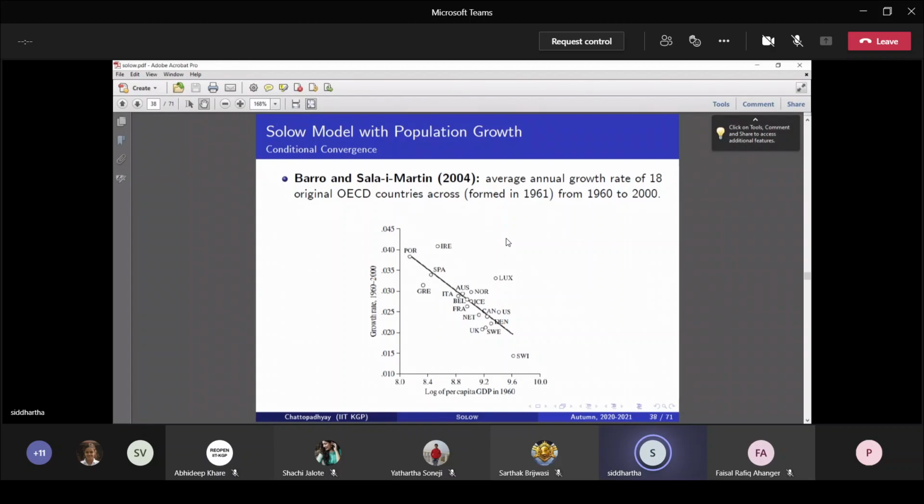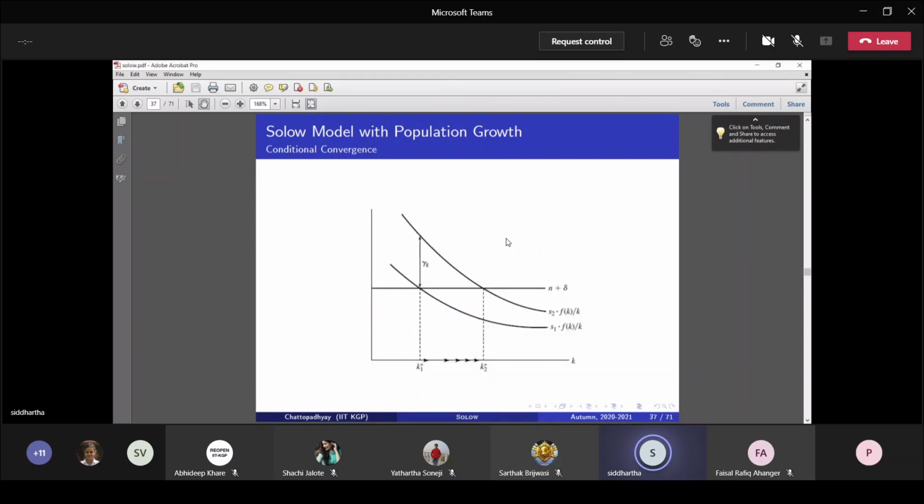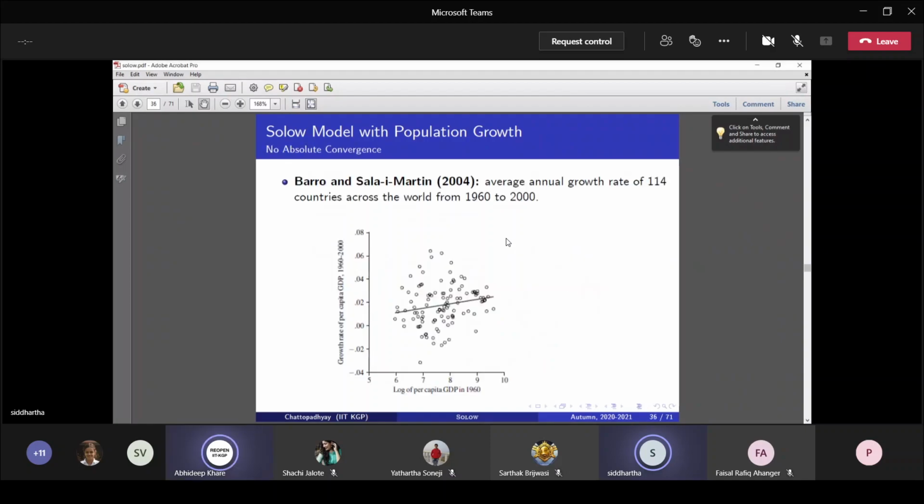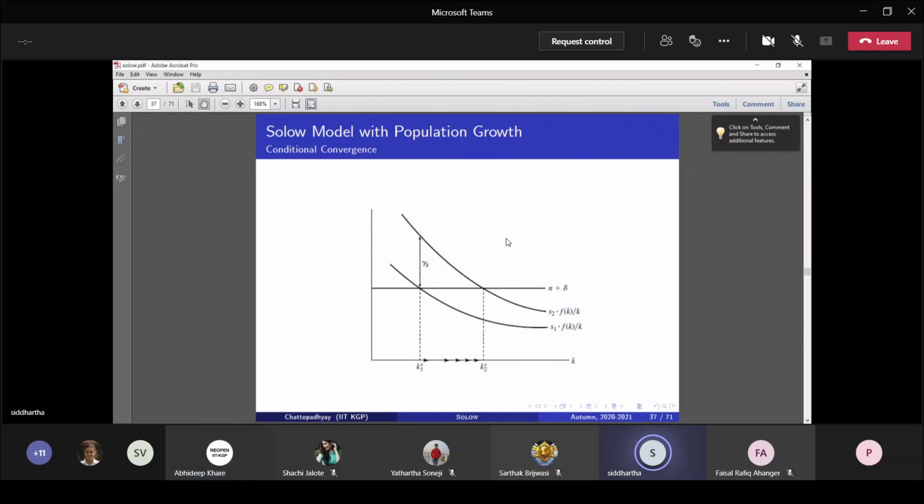Now, if I really want to impose this homogeneity in the Solow model, how do I do that? What particular thing will separate countries in the Solow model? Countries with the same savings rate, with the same S. Whether the savings rate, the steady states are the same or the steady states are different. Yes, sir. This is exactly what we will do over here.